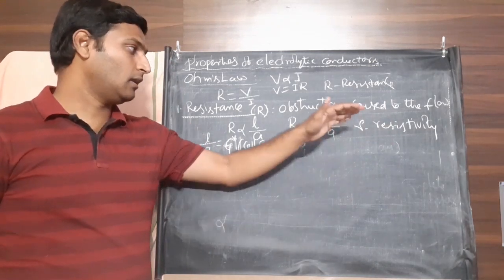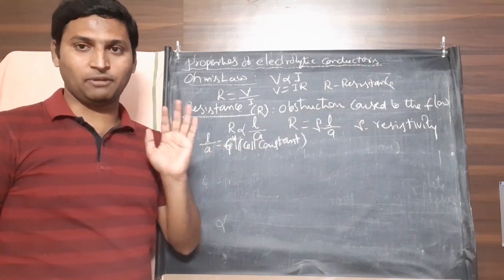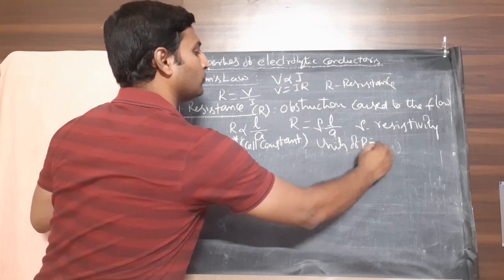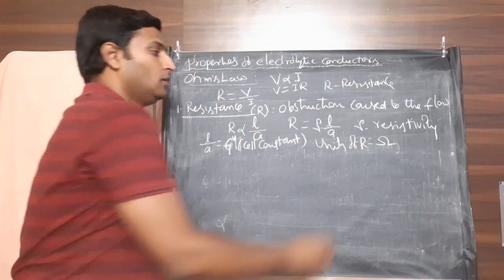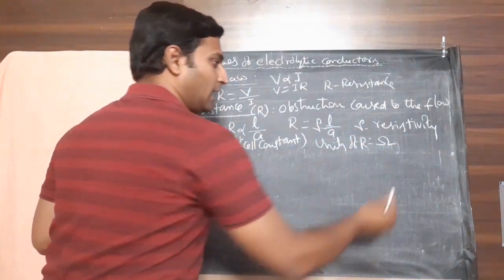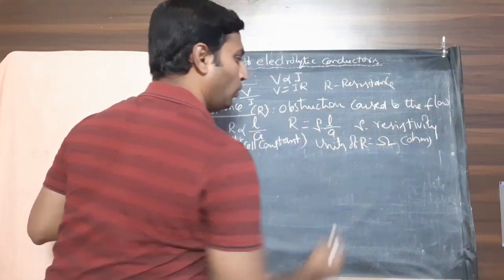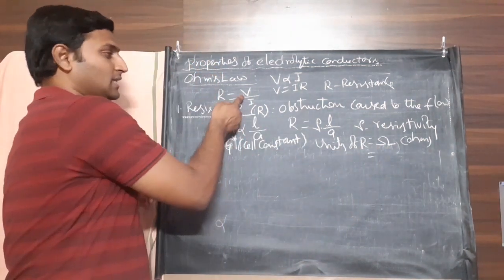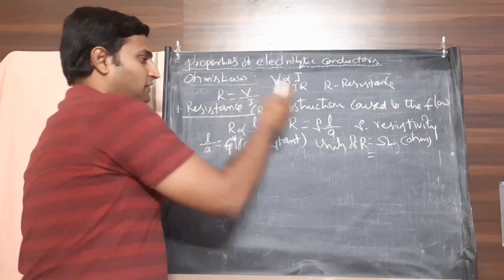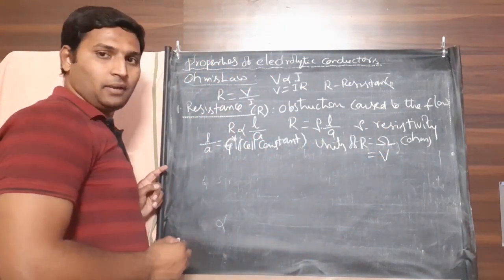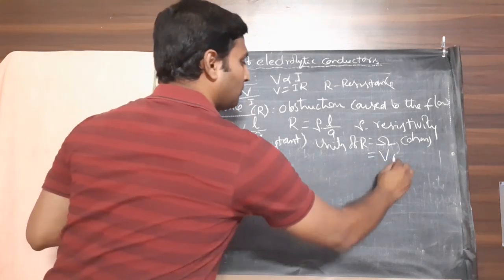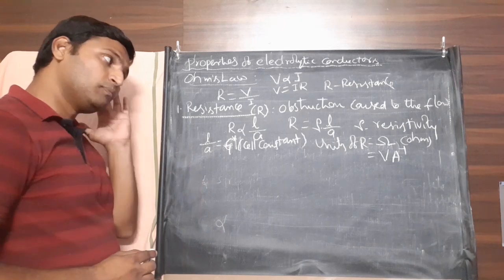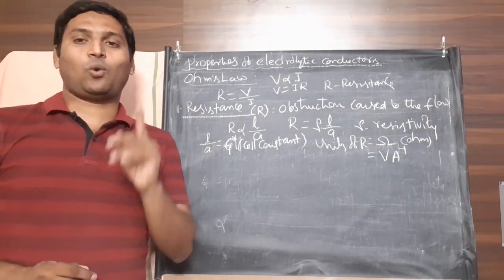We will determine rho a little later, but before that, the units of resistance are ohms, either given by the symbol omega or simply written ohm. In terms of basic SI units, how could you express it? Voltage or potential difference is given by the unit volt, and current is given by the unit ampere, so you can say volt per ampere. Now, there are some interesting questions to be asked now.